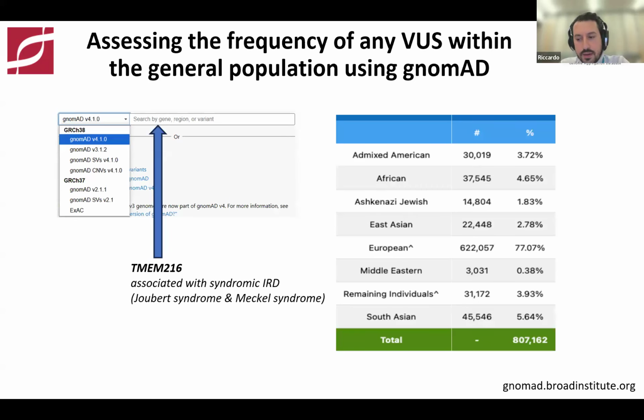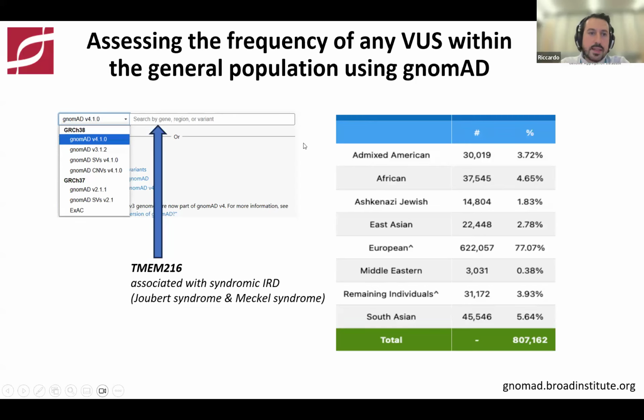So starting, and please interrupt me for any question. I'm able to take your questions either during the presentation or at the end. So talking about population databases, when you have a VUS in your patient, it's very important to understand the presence of that variant in the general population. And to do that, the standard tool, let's say the gold standard tool that we are using these days, is gnomAD. gnomAD stands for